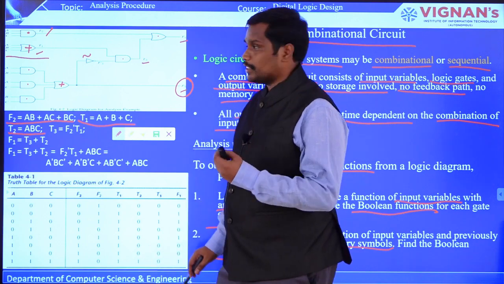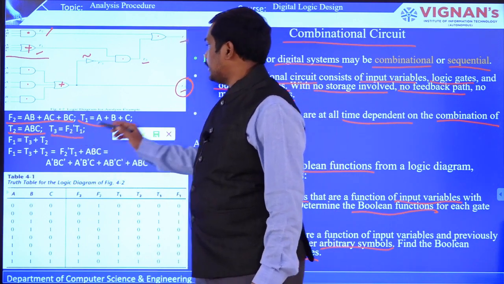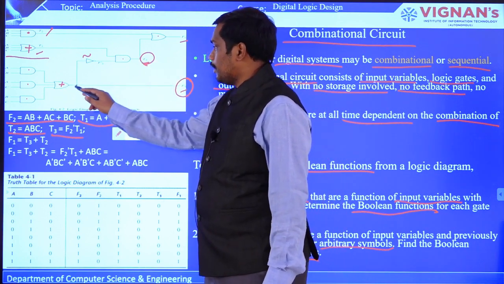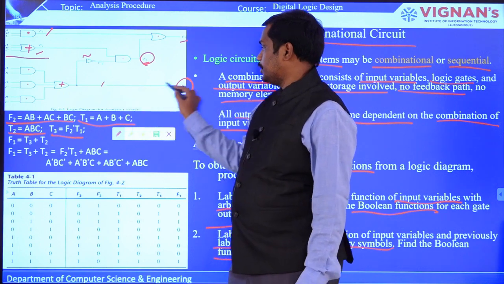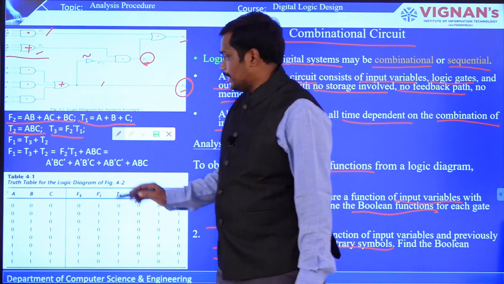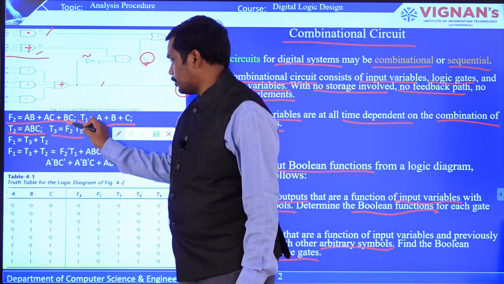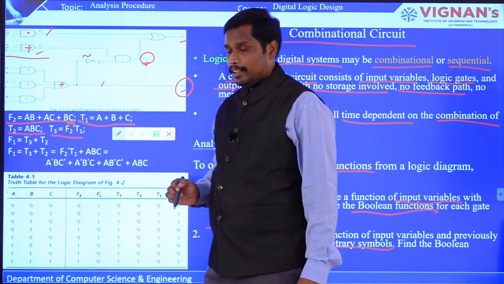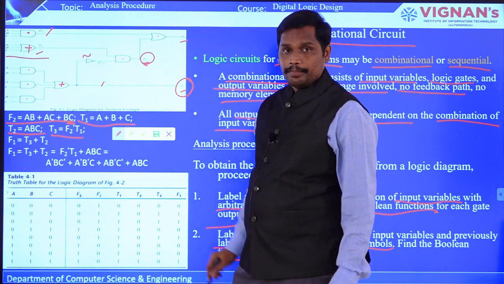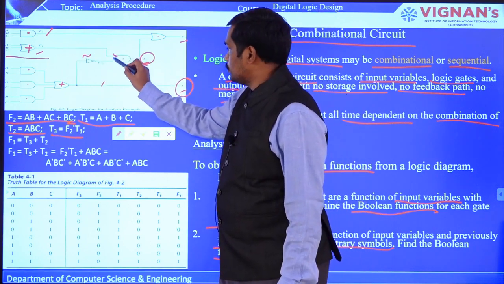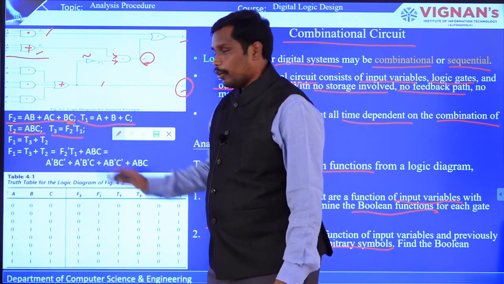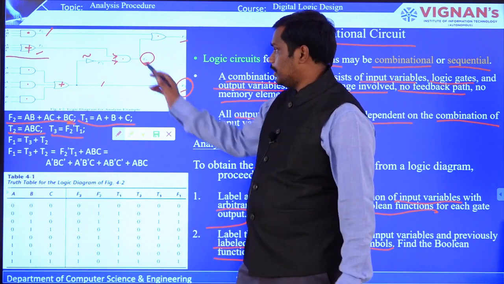So now you have got the function T2, and now what about T3? Here you can see T3. T3 is a connection of F2, this whole line represents F2, and this F2 is negated. That is the reason why you have written negation here, or you can also represent it with a bar. So F2 bar followed by T1. Why T1? Because this is the input that you are getting from T1. These 2 inputs are given to the AND gate, and you are getting T3. That is how you extracted the Boolean expression for T3.